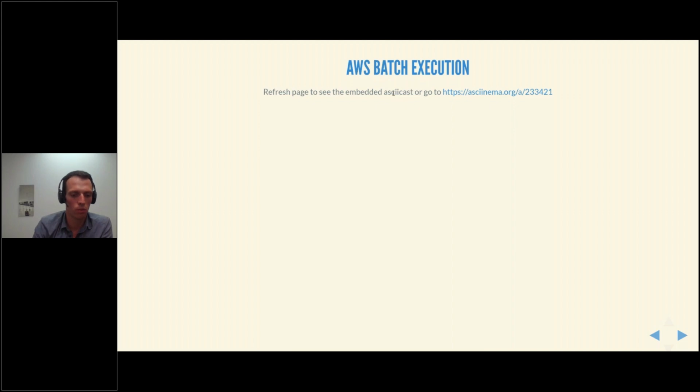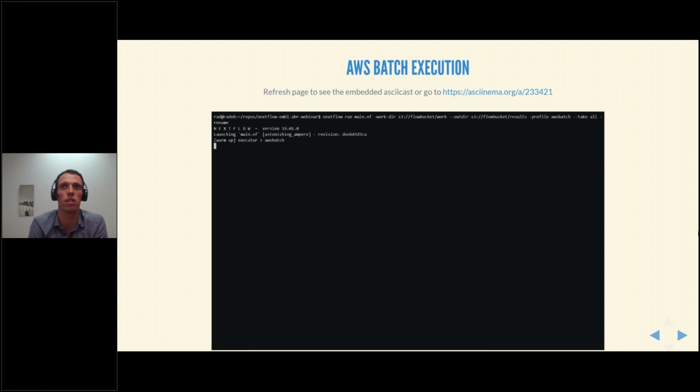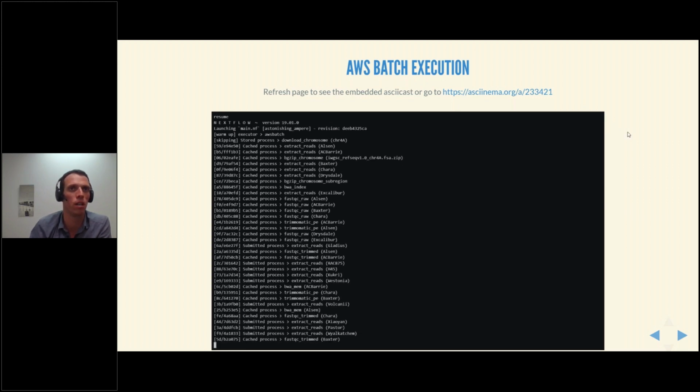So if we want to rerun our pipeline on the cloud, this is how it could look. This is sped up slightly, because there would normally be some lag in how the tasks are processed, especially in the initial stages where data are pulled from remote sources. In this case, specifically for this pipeline, we use the take all option to do all the samples, all the accessions.